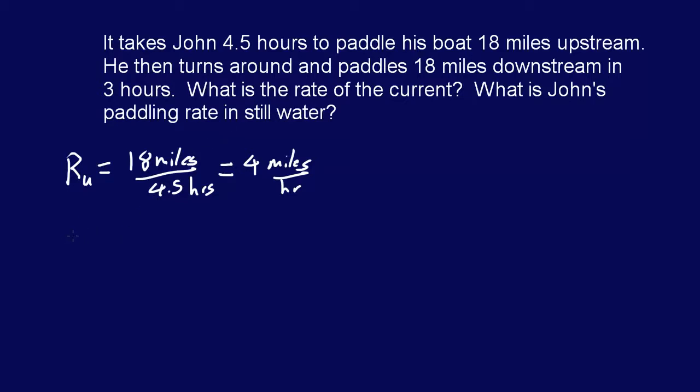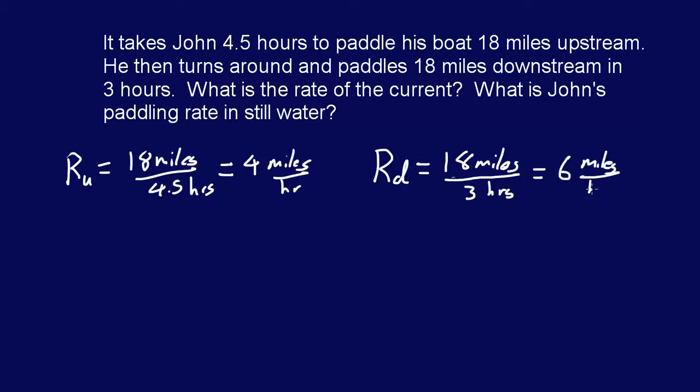Okay, and then he turns around and he paddles 18 miles downstream in 3 hours. So that's another rate. So we'll say R sub D is equal to 18 miles, same distance, but now he's doing a little bit faster, per 3 hours. And that is equal to 18 divided by 3 is 6. So that is 6